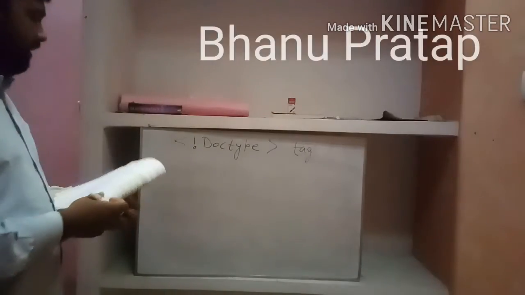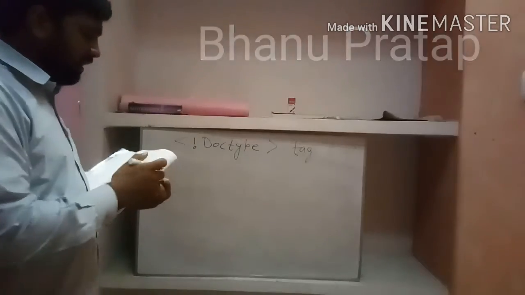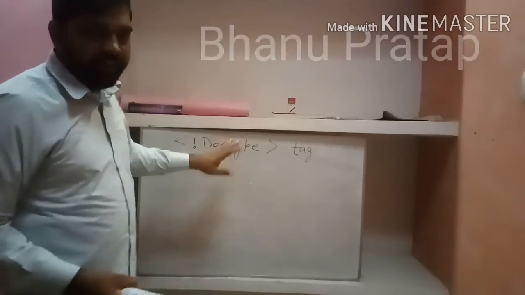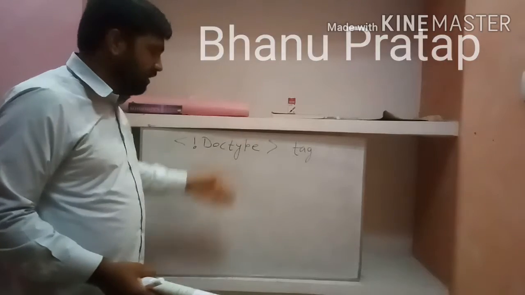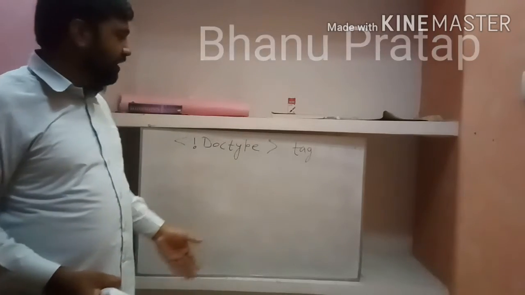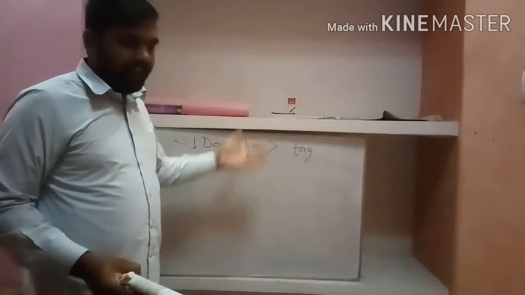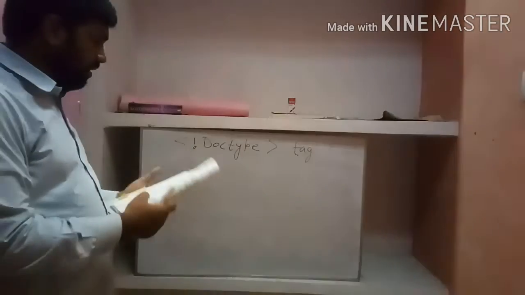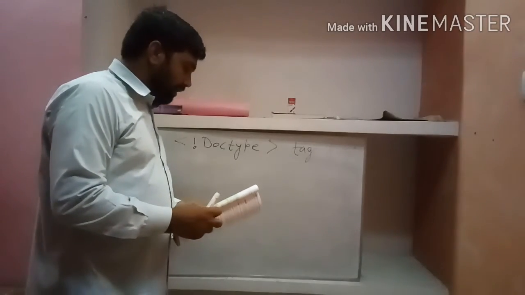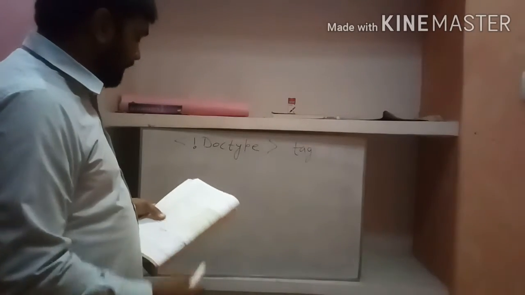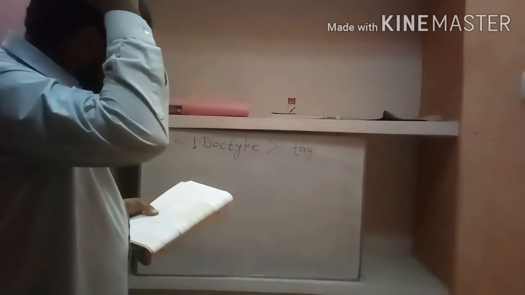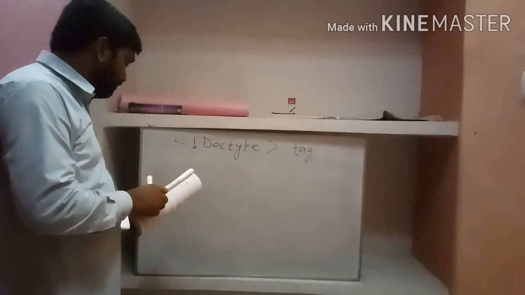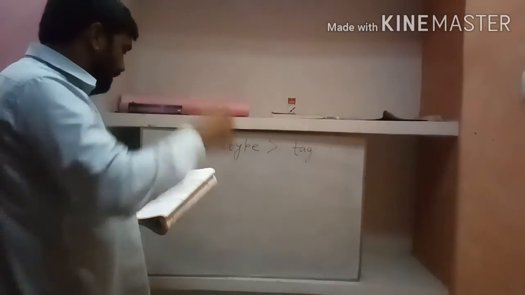So this tag is the first line of the HTML code. It is only to instruct the browser about the version of the HTML code you are writing in, HTML4 or HTML5. So this tag gives the instruction to the web browser to indicate what version of HTML is used in the document in order to create a web page.